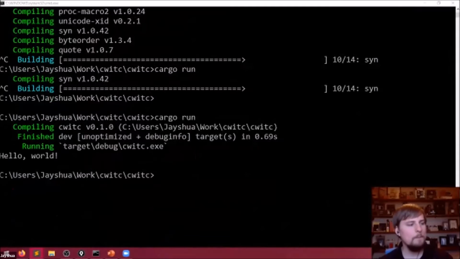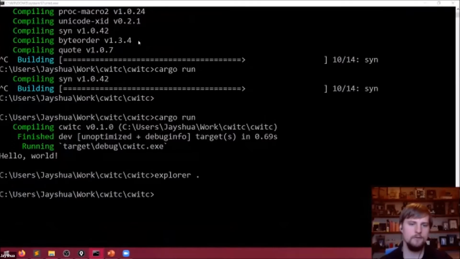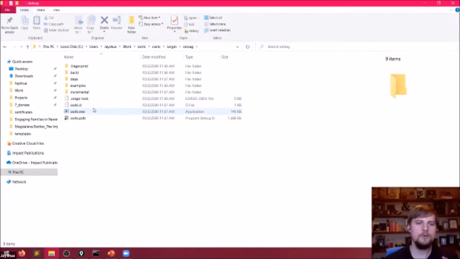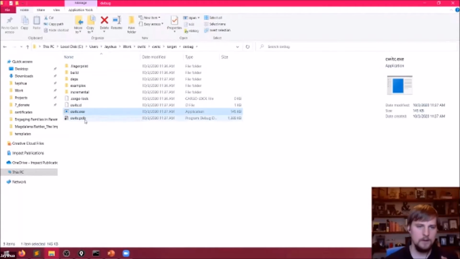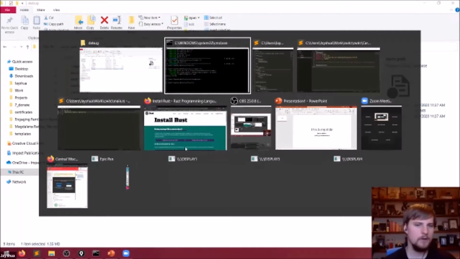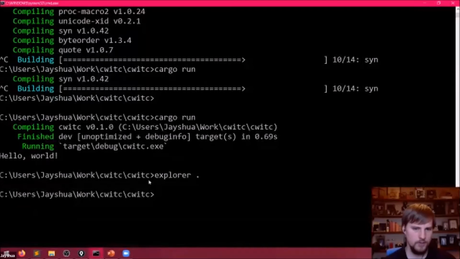So if you take a look then at the directory after building, there's a target folder. This is where the actual binary gets placed by Cargo. It's in the debug folder right here, cwitc.exe. You also get a PDB file, which are Visual Studio debug symbols. If you were compiling using the GNU toolchain, part of that host triple we looked at, you would get debug symbols that are compatible with GDB, the GNU debugger. Since I'm using MSVC, I get a PDB file, which we can use with the Visual Studio debugger,